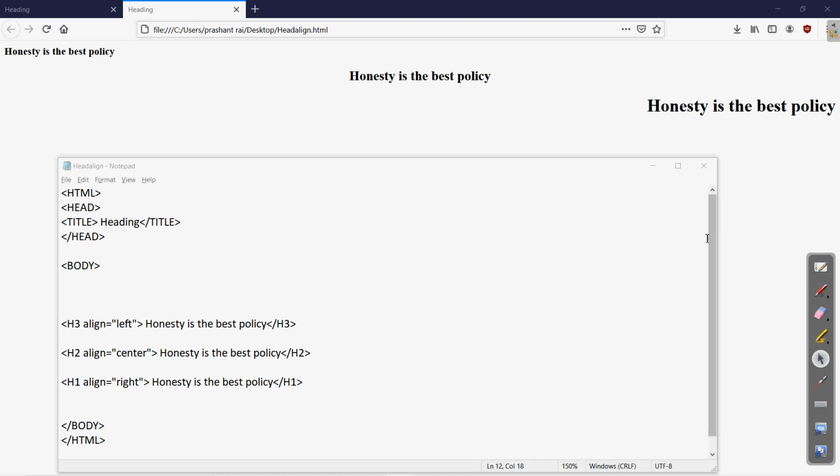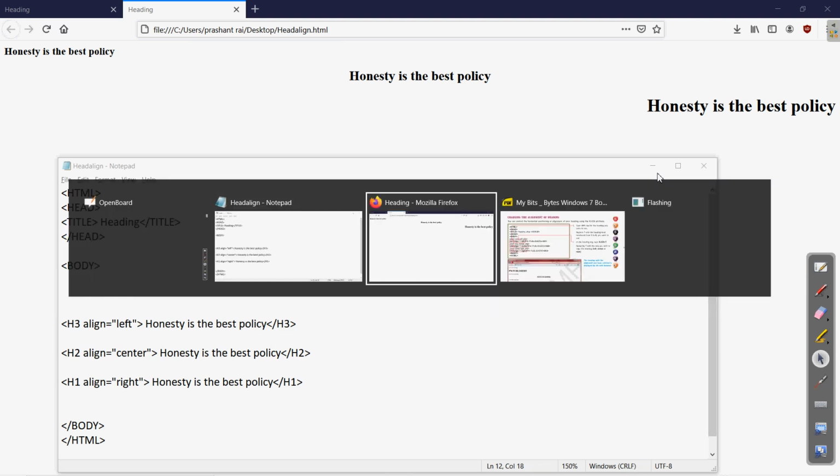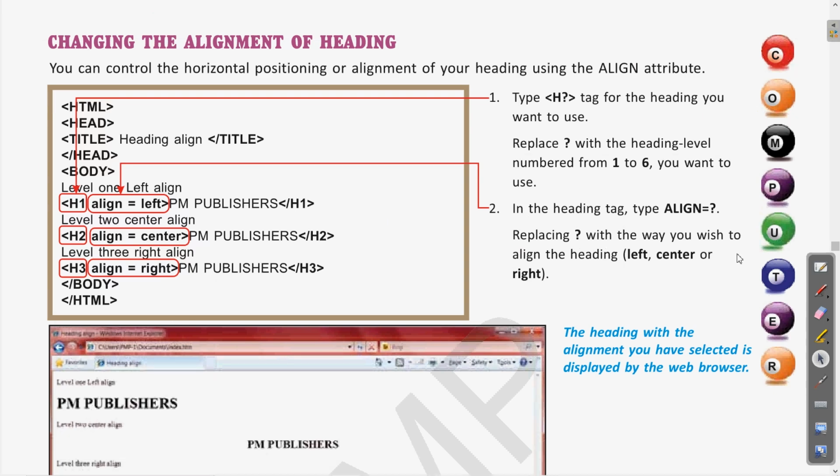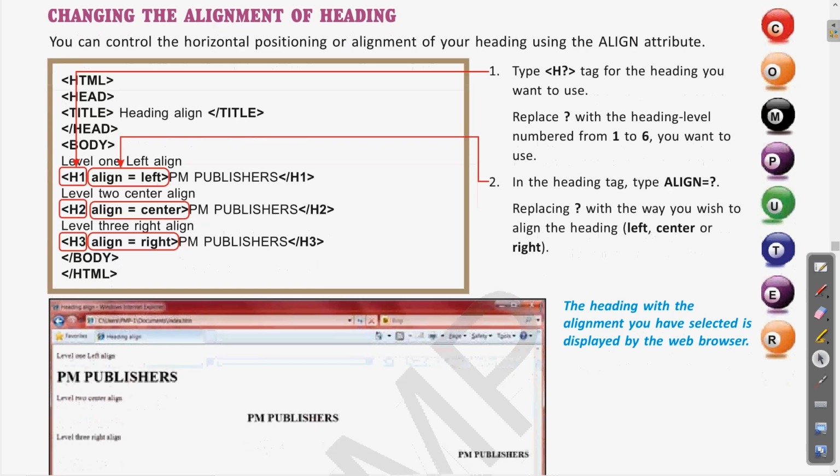Now coming to the textbook once again, this was how to change the alignment of the heading. Here you can see in the example that with the align we can use any of these 3 for changing the alignment of the heading.